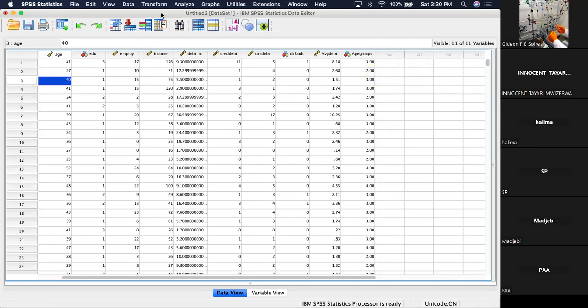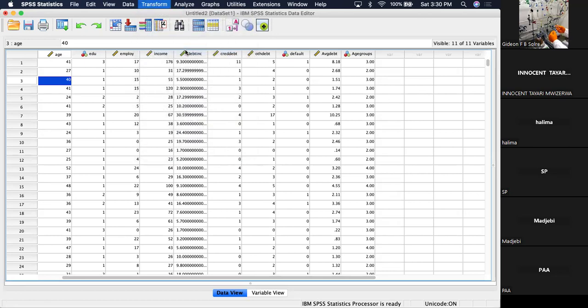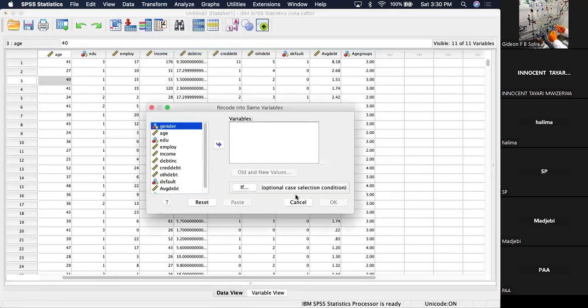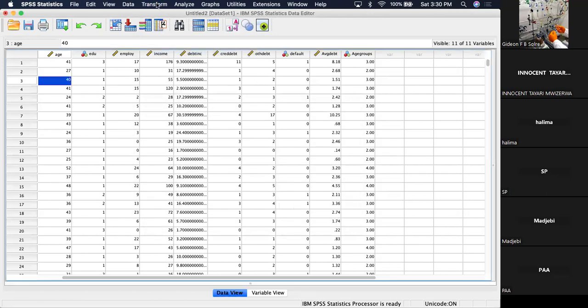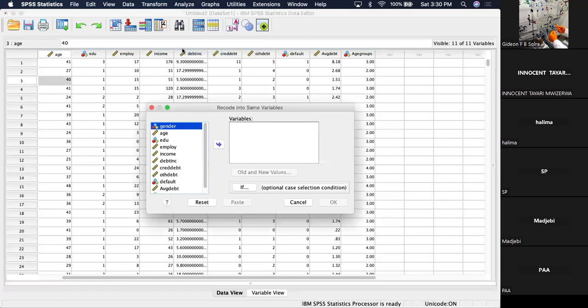So let's go back to transform. Let's recode into same variables. Remember, it's the same procedure. Transform, recode into same variables. Now I want to demonstrate that with the employment data. This employment variable simply means the number of years employed. So if I move this variable into this box,